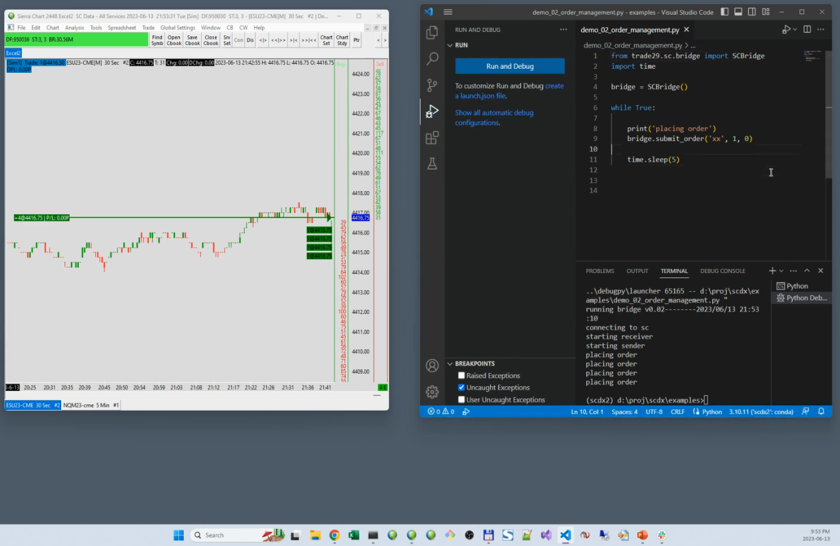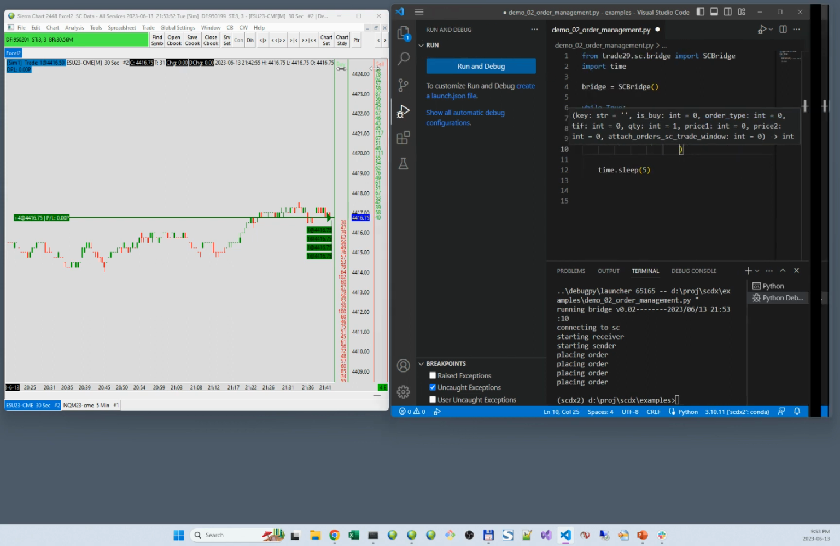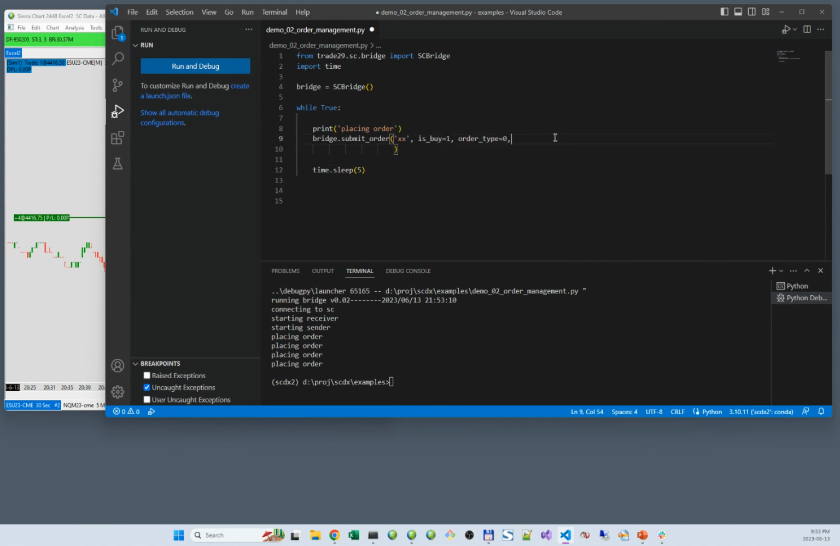The other thing we can do, let's see about adding, so we'll do this, is by equals 1. What else did we have here? Order type equals 0. And then we had, which parameter was it? Attach orders. Let's look at how that works. Attach orders to Sierra chart trade window equals 1. So what this is going to do is, if I go back into Sierra chart now,